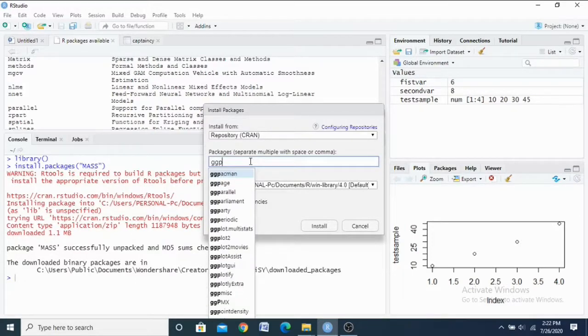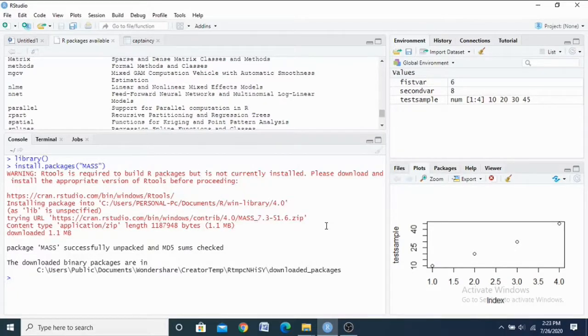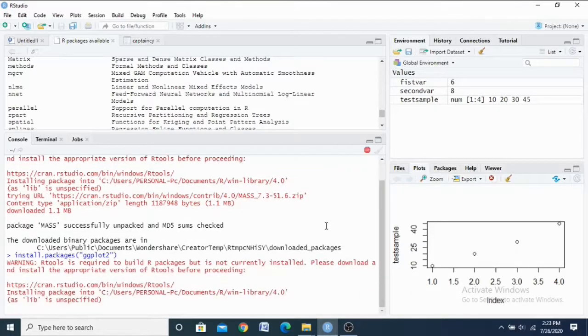Okay, ggplot2. Shall we take ggplot2? Install. Okay, install. So automatically see the command here, the install command that you would have to type in the console.